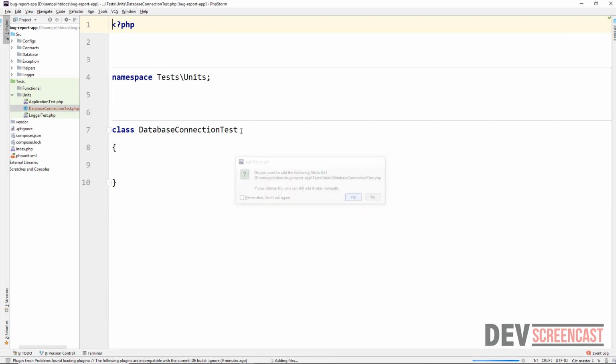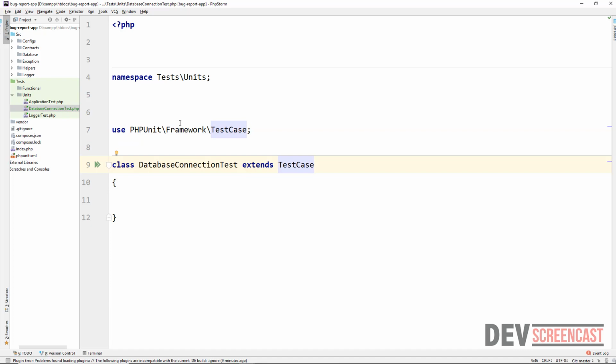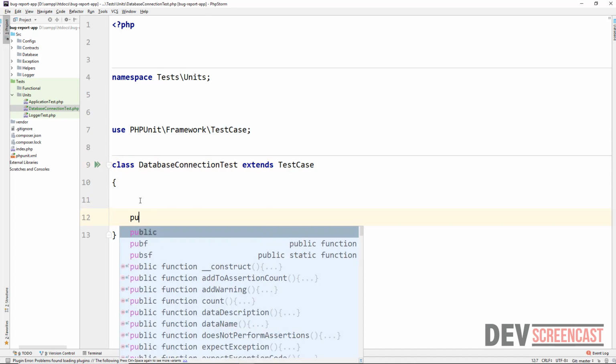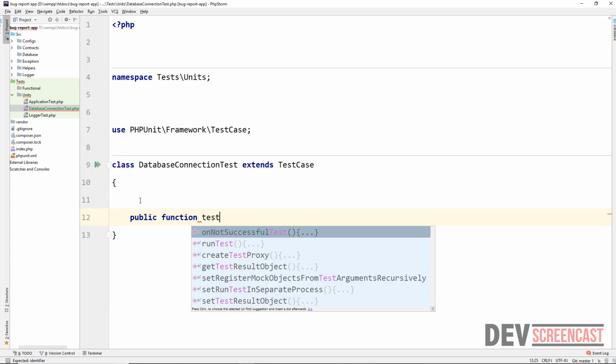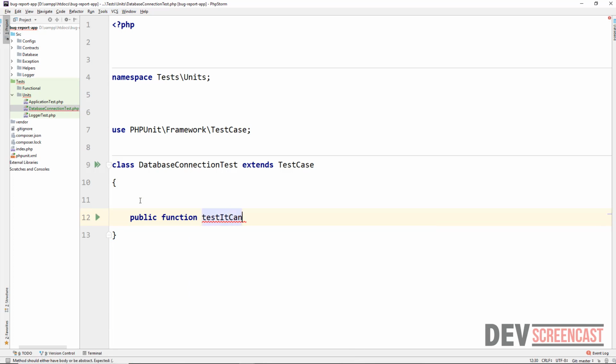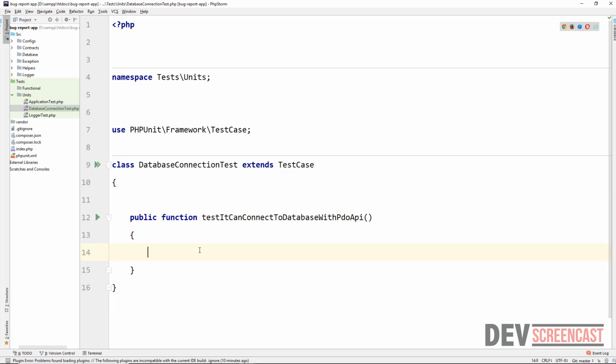And this class needs to extend TestCase, so always ensure that you're importing the use statement. And right here, we want to test that we can actually connect to the database. So we can say public function test it can connect to database with PDO API. So we're going to start with PDO,